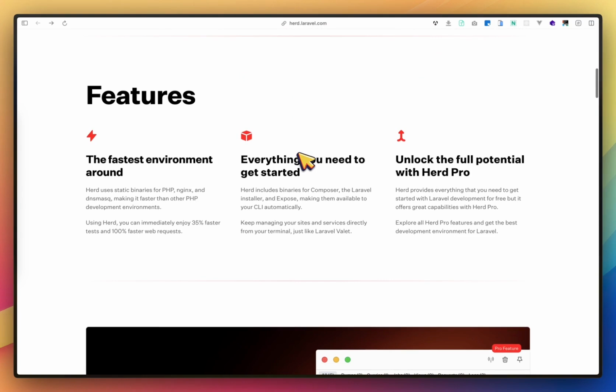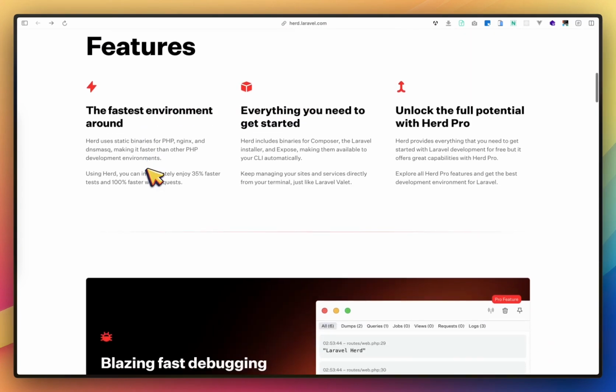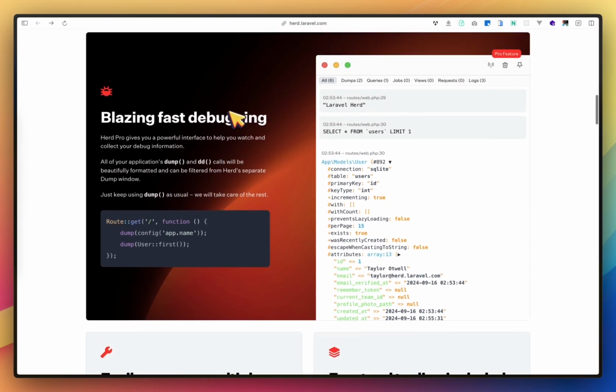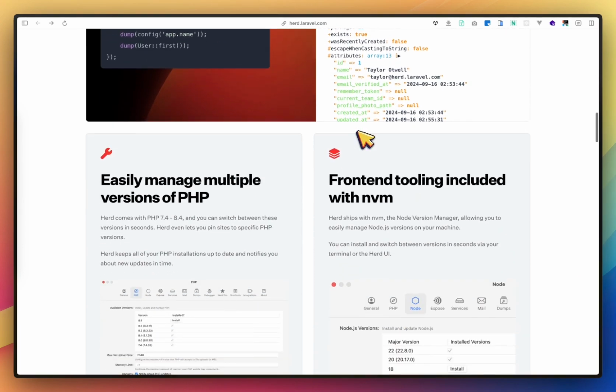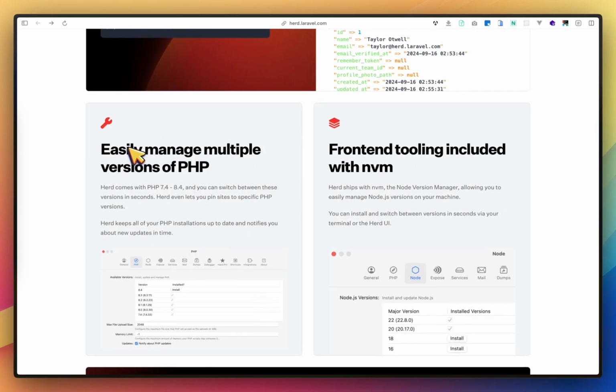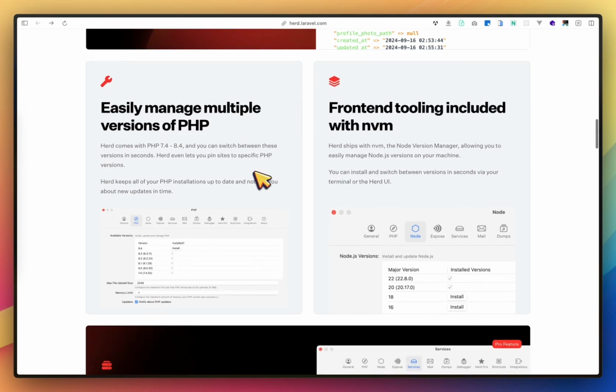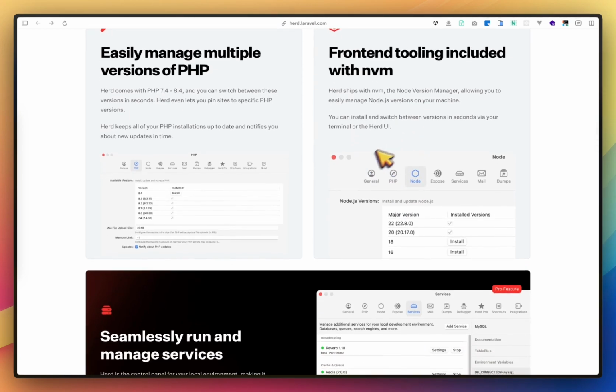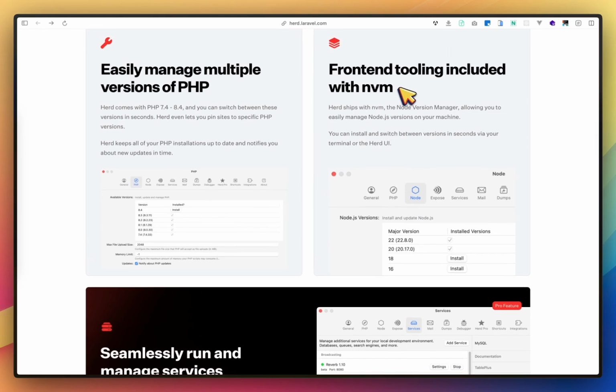In the latest version of Herd, Herd provides fast debugging, and Herd also provides Node version management using a Node version manager, because in Laravel we also need things like Tailwind CSS or Livewire UI.